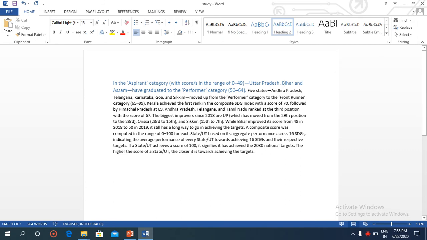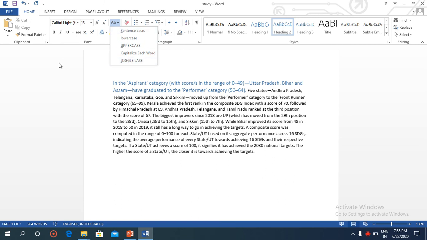Now, our next topic is changing case. What is the meaning of changing case? I think you have already heard about uppercase and lowercase, so the thing is very similar. Here we try to change the case of our text. There are five types of cases, so let's study them. Cases can be changed from the Home tab, from this button.